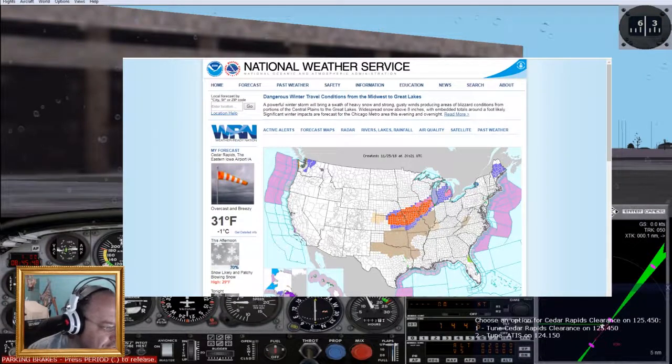See, if you look at this, I was looking up the National Weather Service. And you can see here for Cedar Rapids, it's 31 degrees Fahrenheit, it's overcast, it's breezy. It's not really snowing. There are blizzard alerts and stuff, but